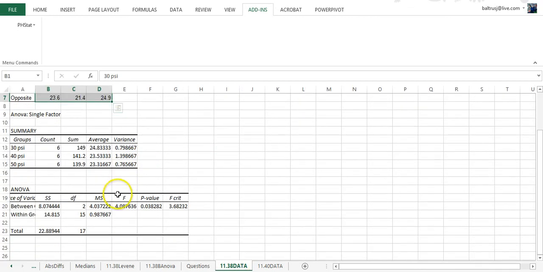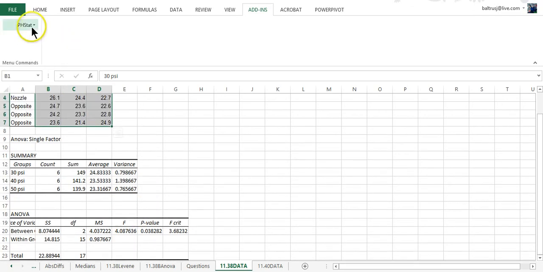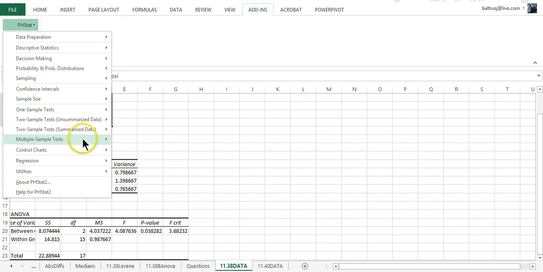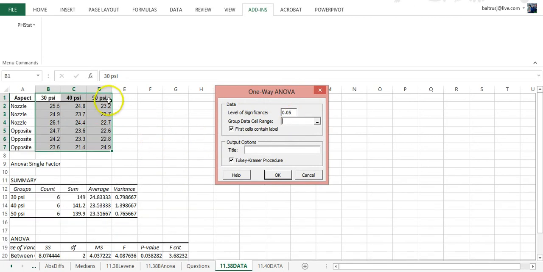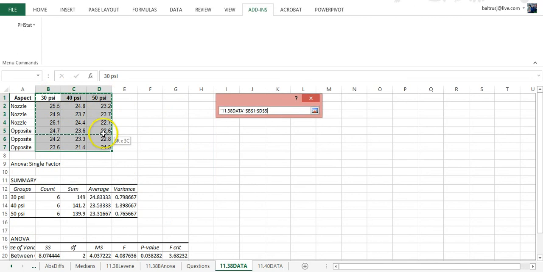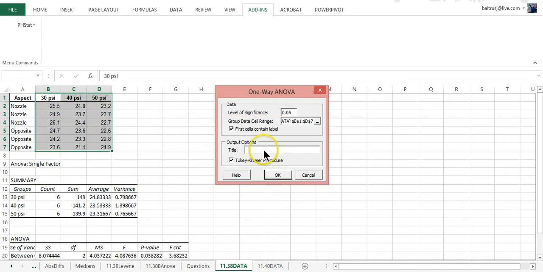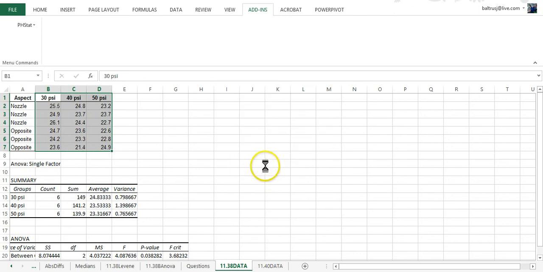Now you can do this in PHStat 2, or you can use the Data Analysis ToolPak. We'll stick with PHStat 2. We'll go to multi-sample, and this is going to be a one-way ANOVA. And we will select our data. We can uncheck the box for Tukey-Kramer. We're not concerned with that. Click B, and click OK,